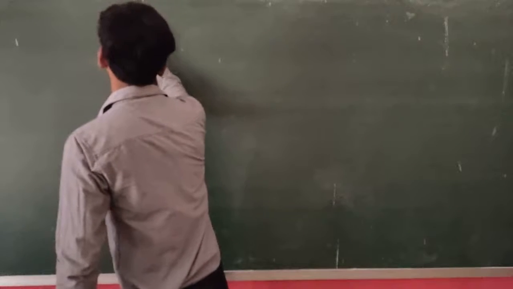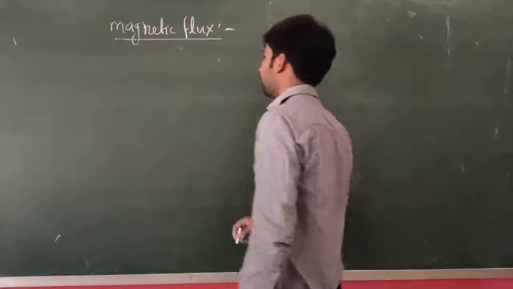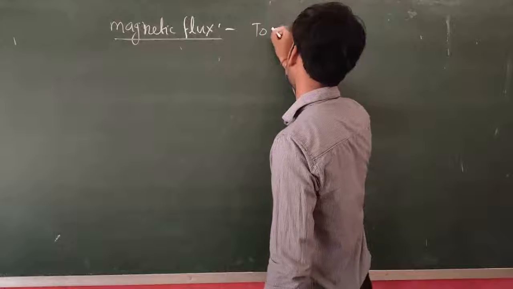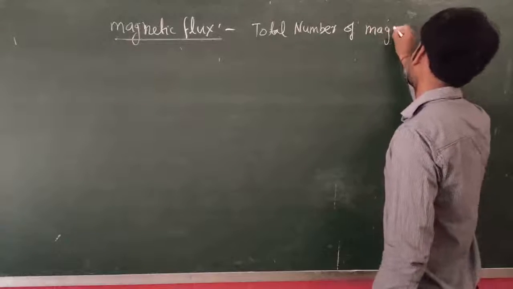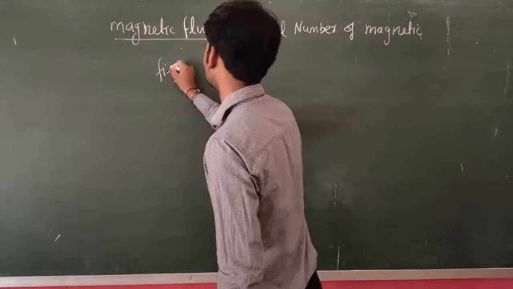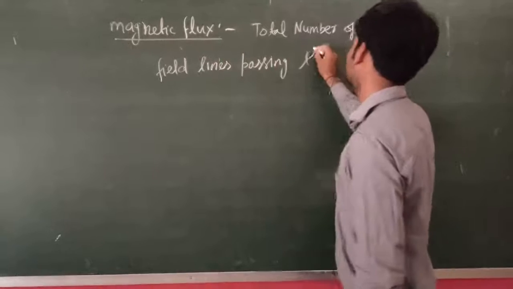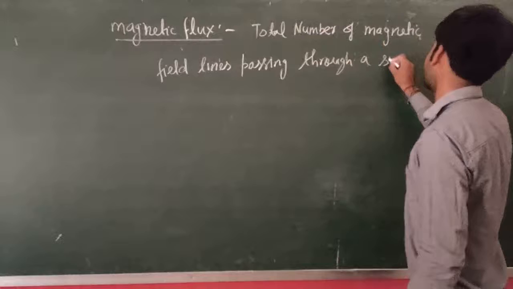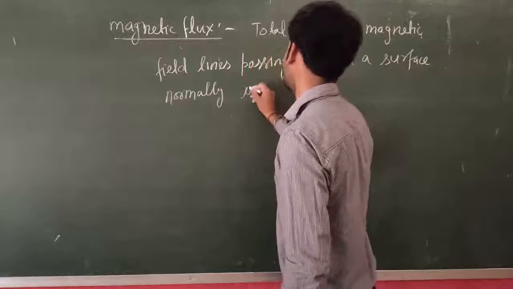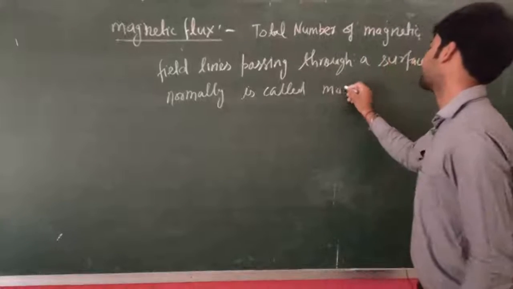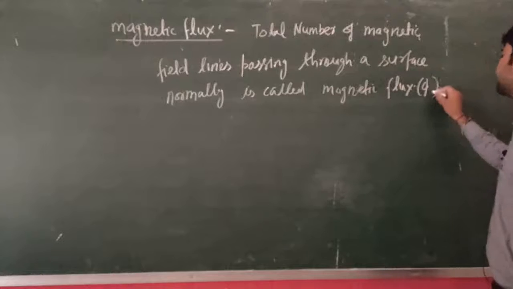Magnetic flux, and its definition is: total number of magnetic field lines passing through a surface normally is called magnetic flux. Flux is denoted by phi. Okay,